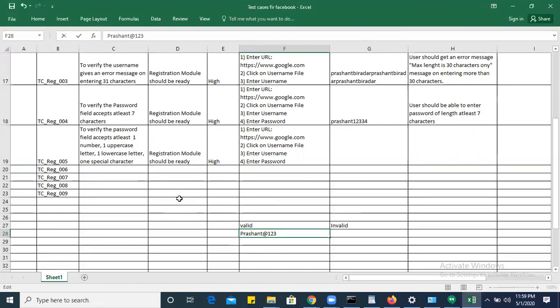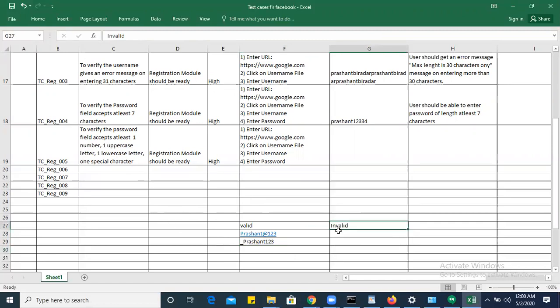One lowercase letter means all of rashant is lowercase, and one special character is the at the rate. Otherwise I can go for Shant 123. These are all valid because we are meeting all the conditions.